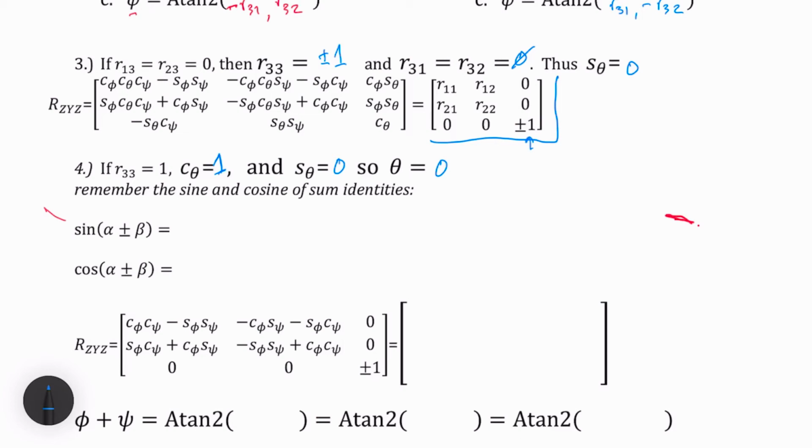Before we go any farther, we need to remember the sine and the cosine sum identities. Remember, if we've got the sine of alpha plus or minus beta, that gives us